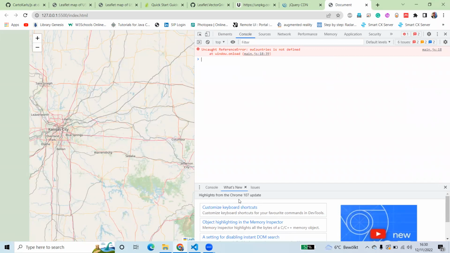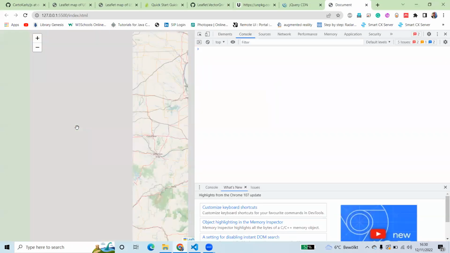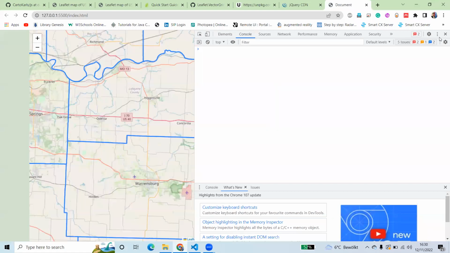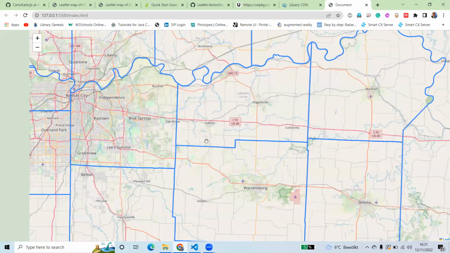I went to the console, it says EU countries is not defined. Yeah, it's not defined, so we are going to use VT layer in our case. So I save it again and see that the vector is now loaded. We can see, so when I inspect it,